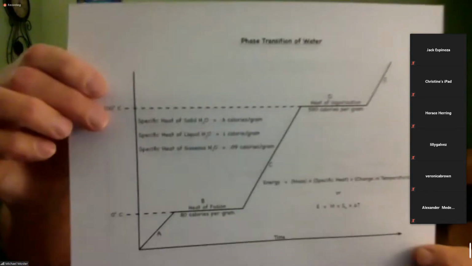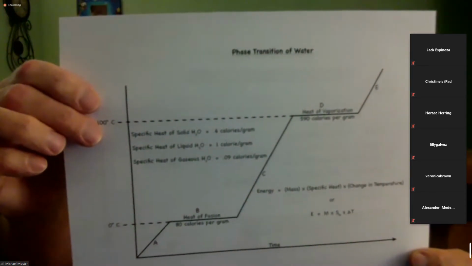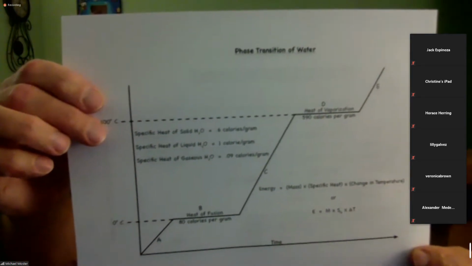Because I provided you examples of how this concept of calories works. And I am looking at this page. Okay. That diagram